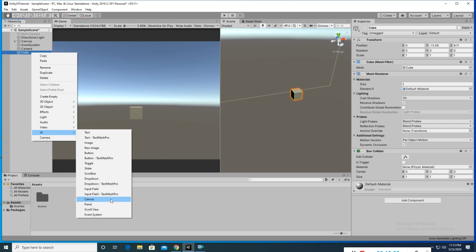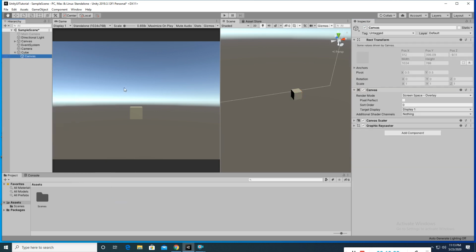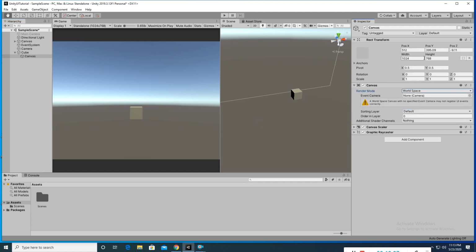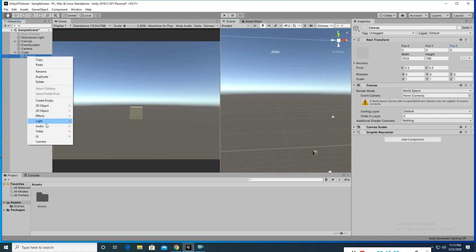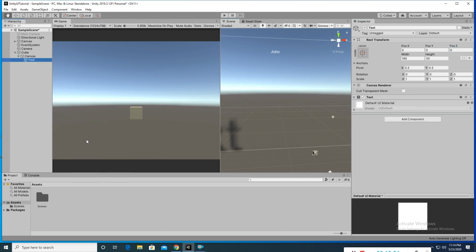In Unity UI you can create multiple canvases, no issue. So I'm assigning the render mode to world space. In the world space its position is somewhere in the world, 512 like that. So I'm making it 0, 0, 0 because I want to draw UI on the cube. I'm creating just a simple text inside the canvas.